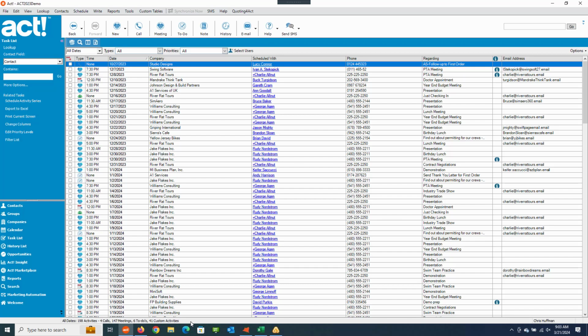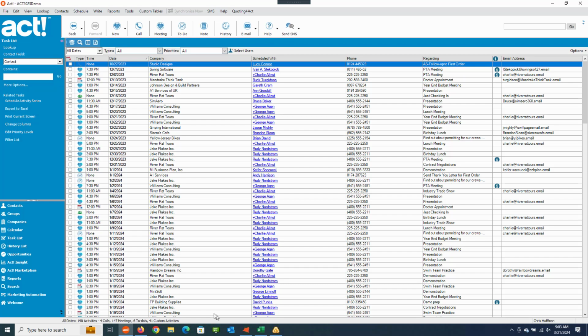Now, in my client's case, what I did not know about the way the client works is they've been putting things in Act, scheduling things, since 2005. That person had 29,000 activities on their task list or on their calendar. The task list is just another way of looking at things on your calendar. So all we did is we went in and we cleared out some of the old activities. We went back and saved things from the last couple of years,